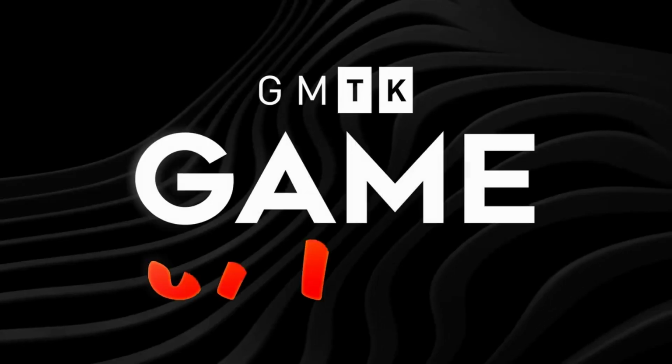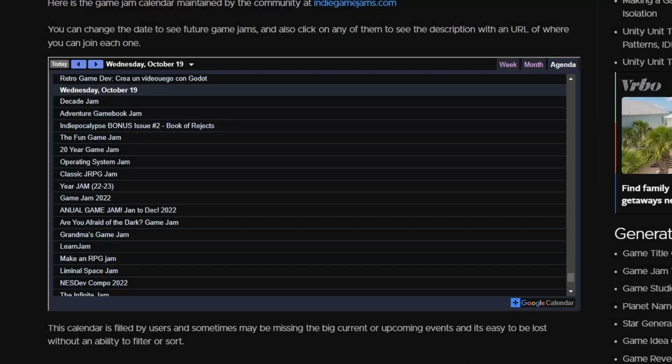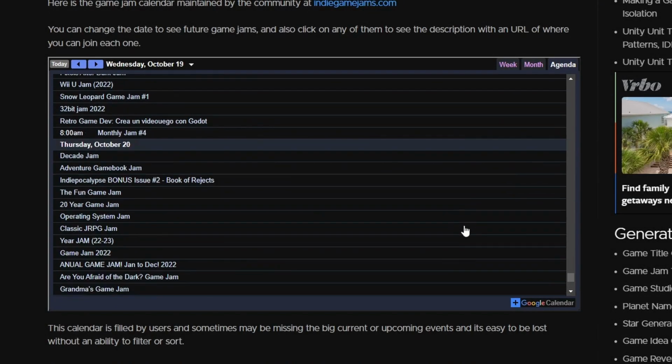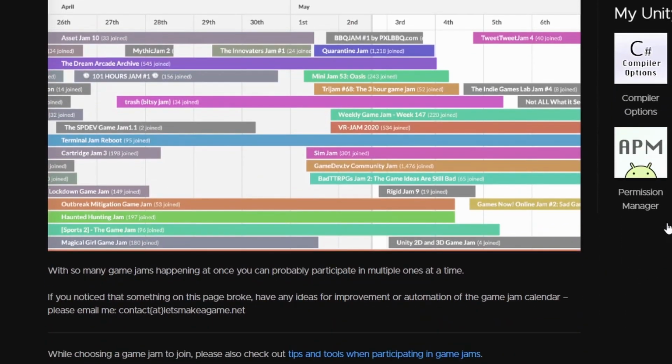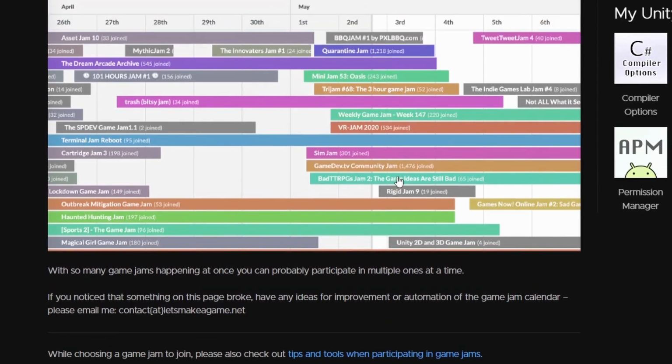The Game Maker's Toolkit Game Jam. You've probably heard of it before. It's kind of the biggest jam out there, and the one that most people are familiar with. Well, this summer I decided that I needed a challenge, a bit of a break from work on my main project, and a chance to develop some more game dev skills. And I figured, what better way to do that than to take part in a game jam?